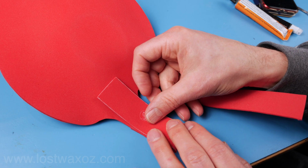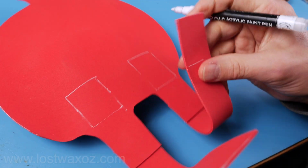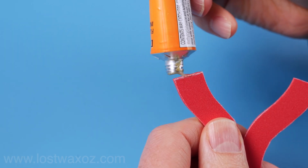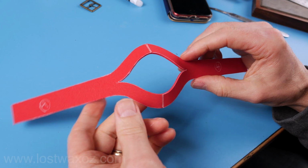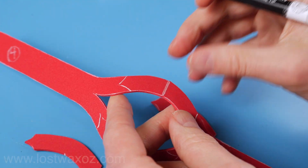Flip the straps over to the back side and mark some rectangles on the straps and the back where you're planning to apply your glue. Then glue them down. Next, apply glue to the ends of the Y-shaped cup retainer pieces, and once dry, those Y shapes can go together end to end. Glue piece 5 over top so it looks like an intentional design decision, rather than just a tricky way of